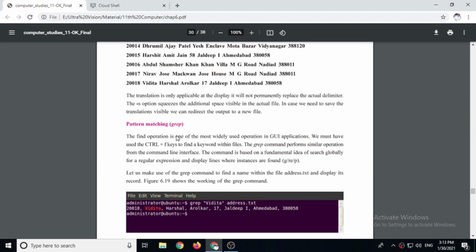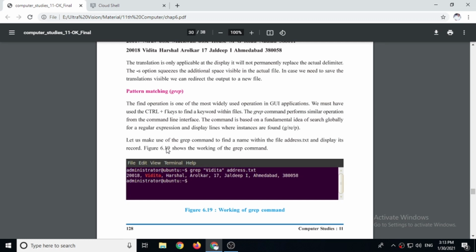In the same way, here the grep command is there. So using the grep command, we can find any word from the document, meaning from the file created by us. The grep command performs a similar operation from the command line interface. The command is based on the fundamental idea of search globally for a regular expression and display lines where instances are found.